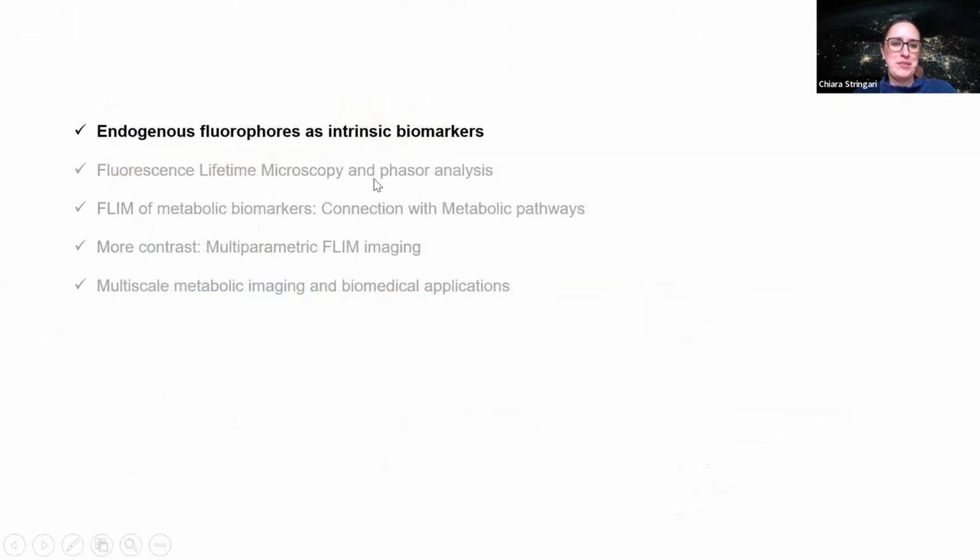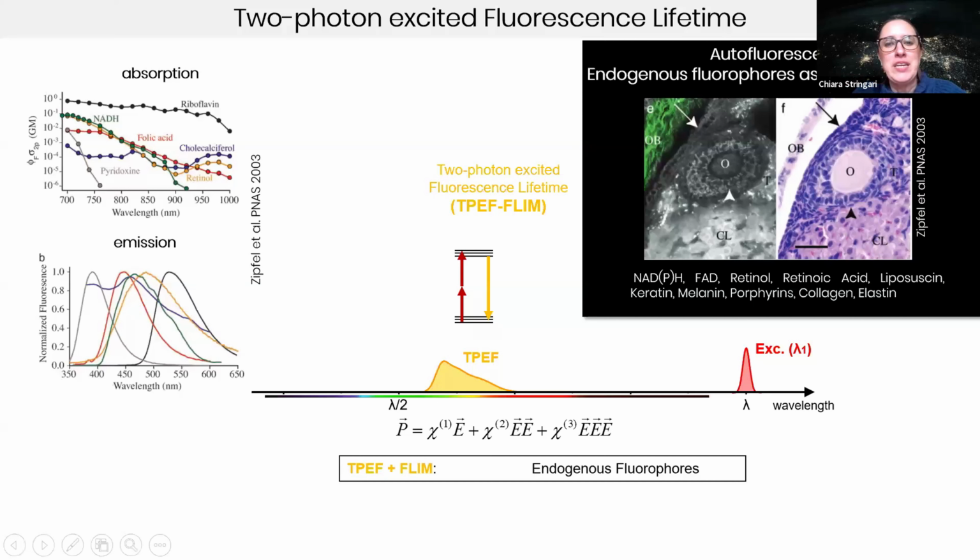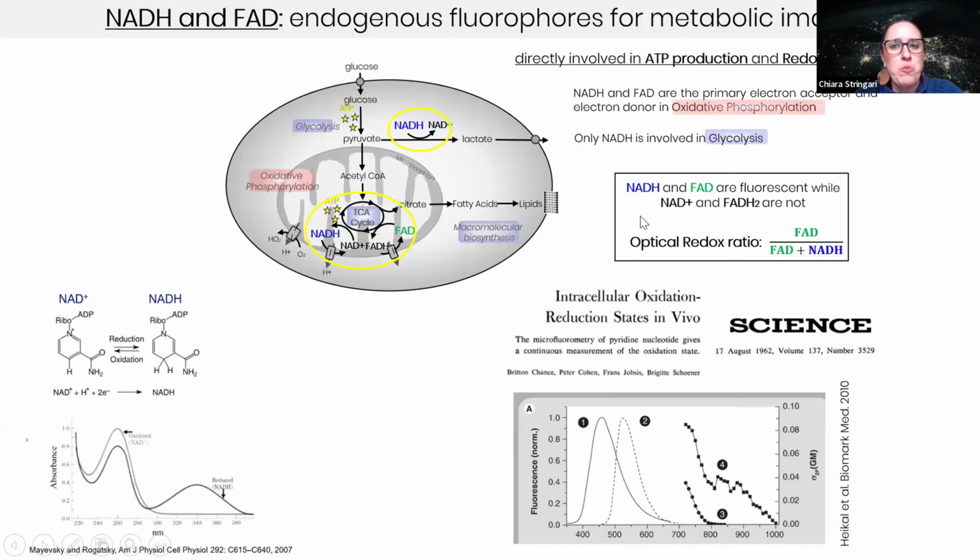So what are the intrinsic fluorophores? Most microscopists are usually fighting against autofluorescence, but we actually love autofluorescence and we are exploiting it as much as possible. Here you have examples of the most important autofluorescent fluorophores that you can find in tissues. Some of them are involved in physiological and pathological processes, and they have very large overlapping two-photon absorption and emission spectra. Today we're going to focus on NADH and FAD because those are the ones involved in